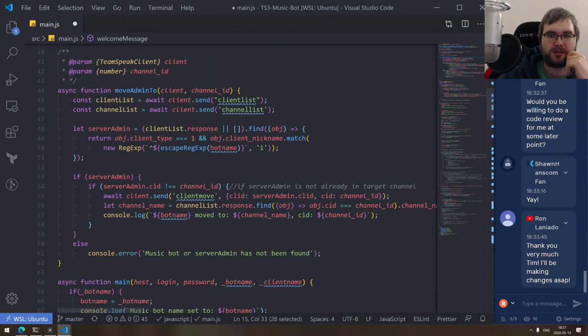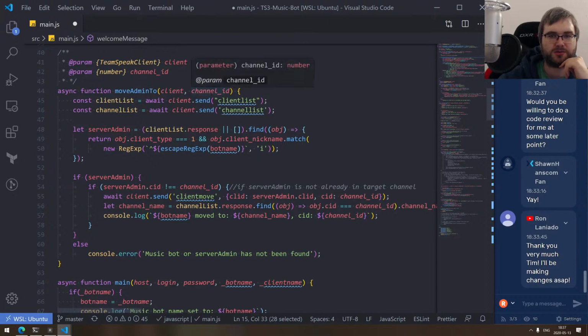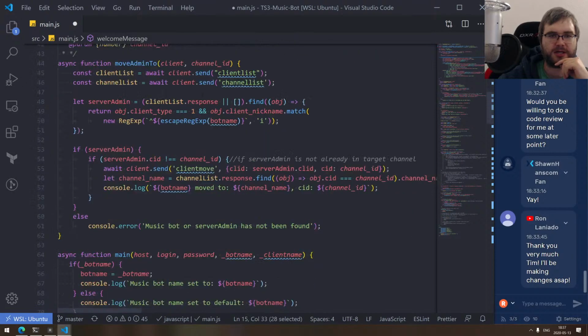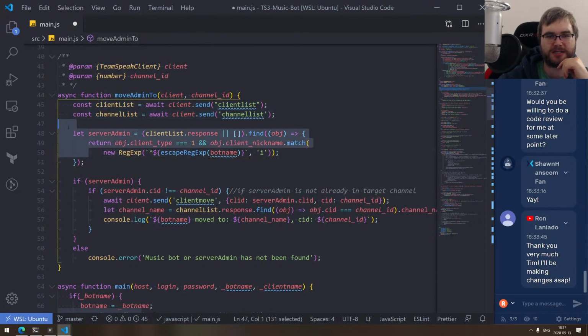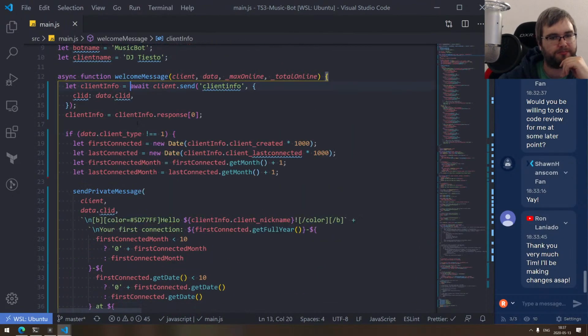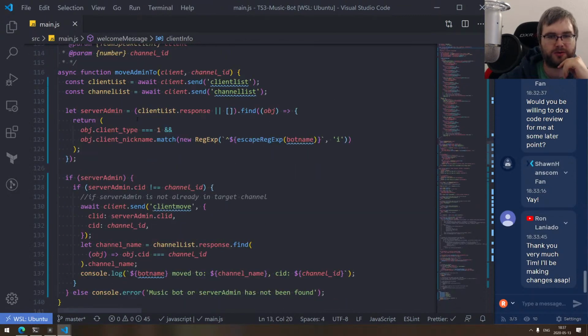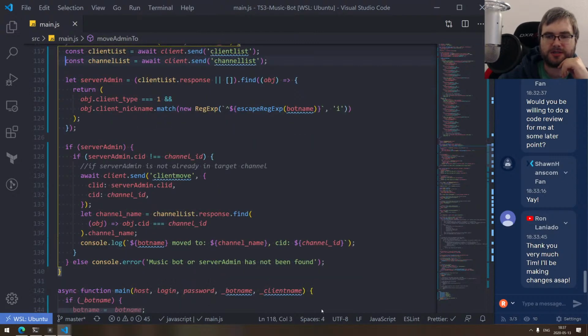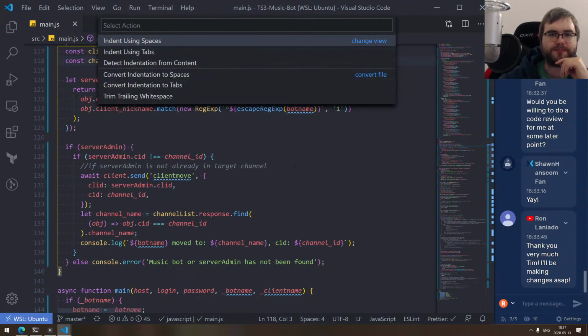Move to admin, channel lists. Okay, so this is, I guess, the command that moves the client to a specific admin channel ID. Seems straightforward. Again, the same issue, mixed tabs and spaces. Don't do that, please. I'm going to use Prettier now because it is a lot harder to look at code that is formatted all over the place. That is a bit weird formatting, but okay. All right, I guess because it detected the 4 spaces. Anyway,